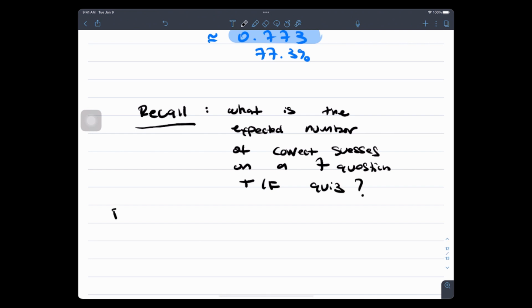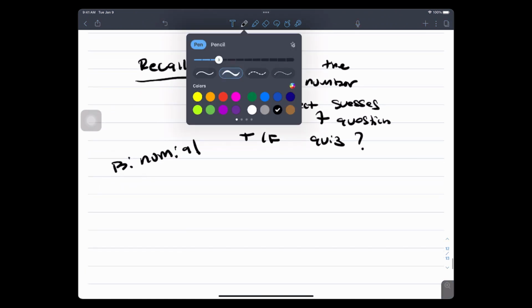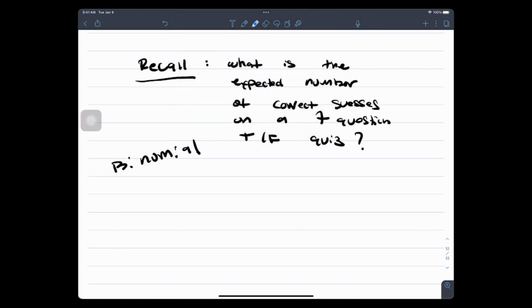This is the binomial probability distribution. The stuff we worked on. We worked on binomial. We worked on Poisson. We're going to get back to both, but we're going to get back to a situation now. We're going to kick it up. Okay? Now, if I go to my notes,